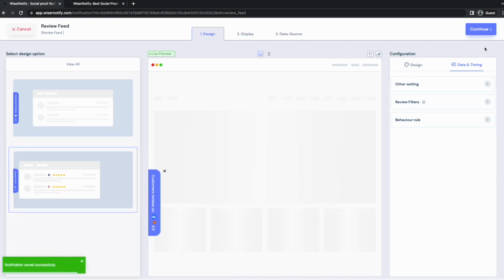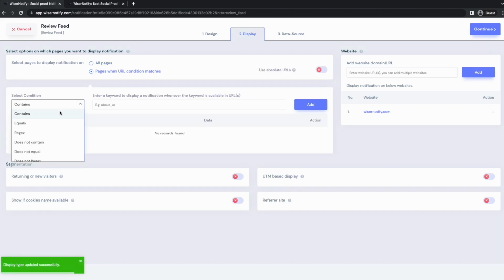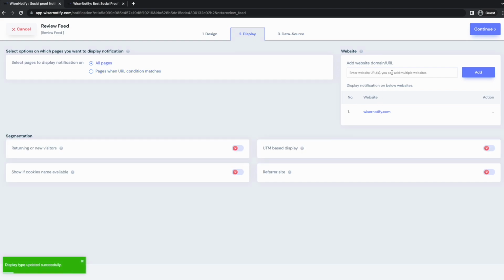Now let's move to the next section, that is display, by clicking the continue button. What you can do here is you can choose where you want to display widget, like display it on all pages or specific pages by using different display conditions. If you want to display same widget on multiple websites, you just have to add multiple website URLs here. You can choose whether you want to display widget to returning or new visitors and target the specific audience by using segmentation options like UTM, cookies, and more. Once you customize all these targeting options,